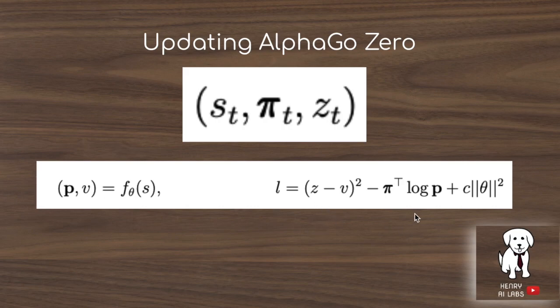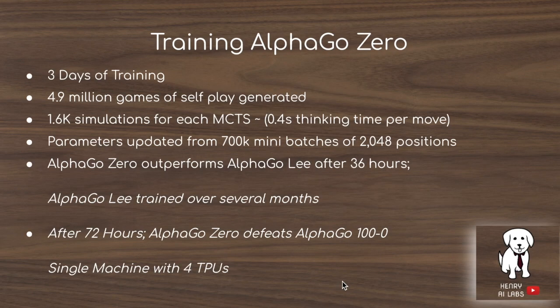So we combine both of these terms in the same loss function, and then you add this C of the L2 norm of the weights, which is kind of like a weight regularization term, but these two are the heart of the algorithm. In the paper, the authors first report the results of training a 20-layer residual neural network for